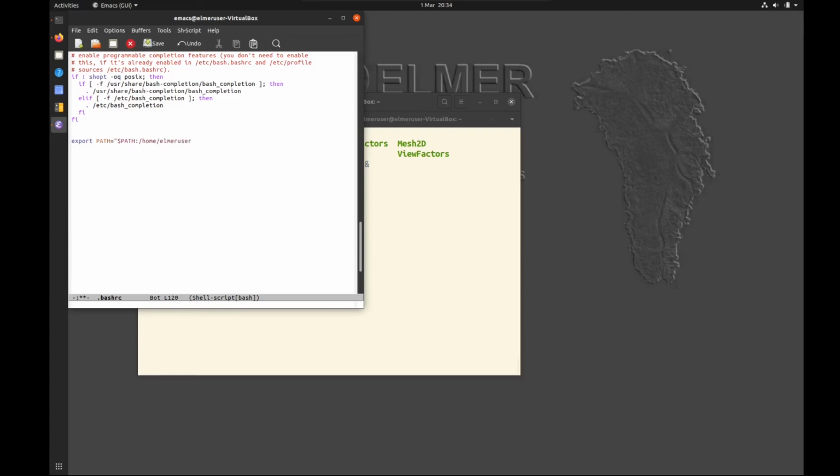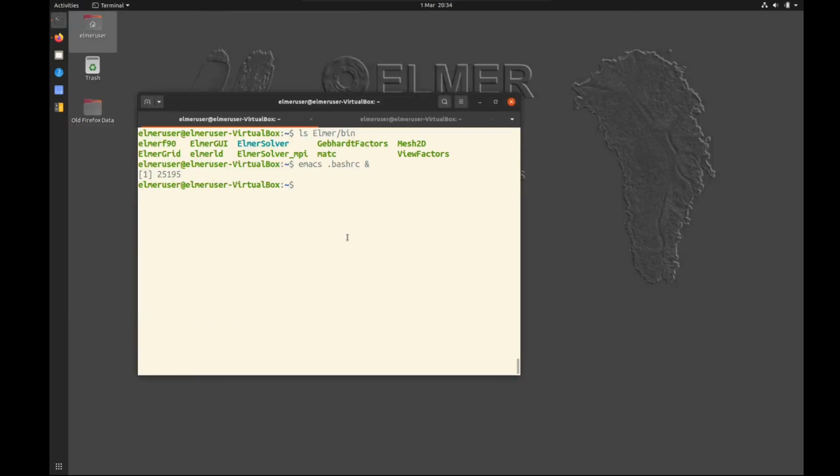In my case that's my username on this virtual machine, capital Elmer, and then bin is included. So this basically takes the existing path and adds the current one to it. You can even use the power of another existing variable instead of writing out the preceding path of your home directory. You can use $HOME in this case, which then will be substituted by the current home directory. So I save that,